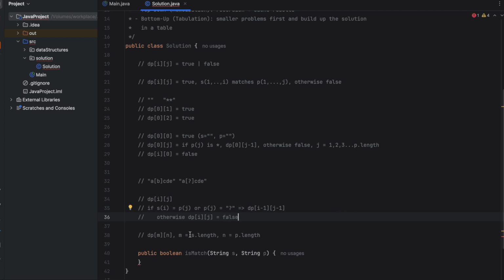Sorry, we have one more case. So if these two are equal, or the pattern character is a question mark, then dp of ij is dp of I minus 1, j minus 1. So whatever is before. However,